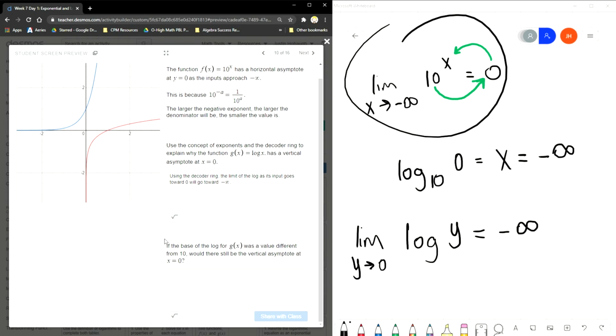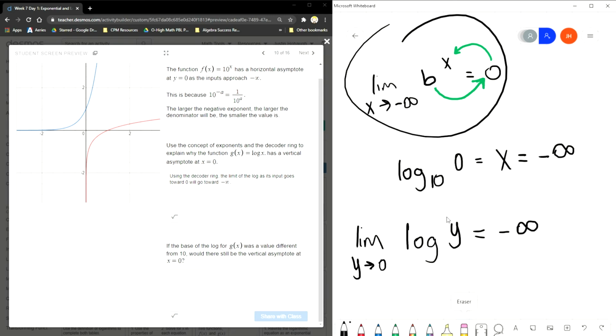Now this next part asks, if the base of the log for g of x was a value different from 10, would there still be the vertical asymptote at x equals 0? We could very easily show this using the exact same process. I'm not even going to clear it all. I'm going to erase, and I'm going to show you that nothing changes. So what if I change 10 into anything? Let's call it b, as in base b. So the limit as x goes to negative infinity of b to the x will still equal 0, right? It doesn't matter what b is,